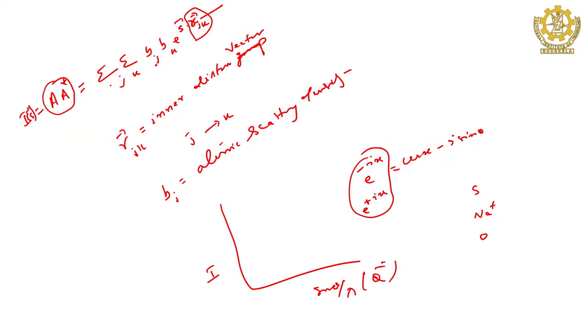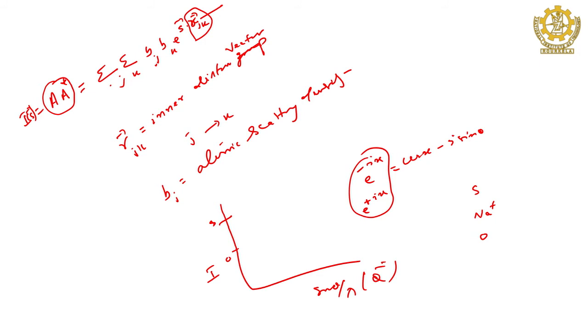Sin theta by lambda means ultimately this is your q, a function of q, the scattering factor or s. So, when the scattering factor is changing, how will the intensity change for heavy and light elements? Broadening is more for light or heavy elements? For example, sulfur will start here, oxygen will start here. Intensity will be highest for sulfur, lowest for oxygen. Here is the sulfur and here is the oxygen.